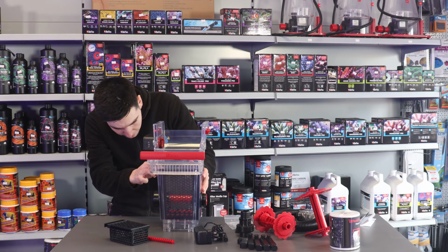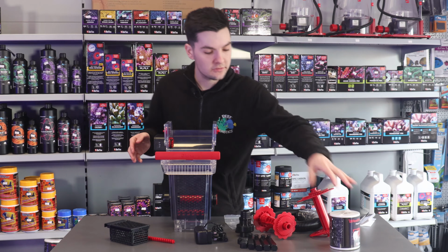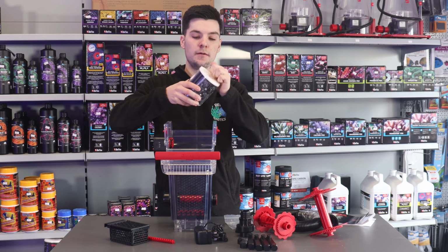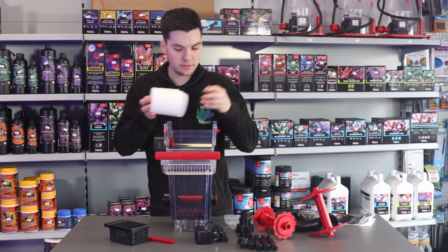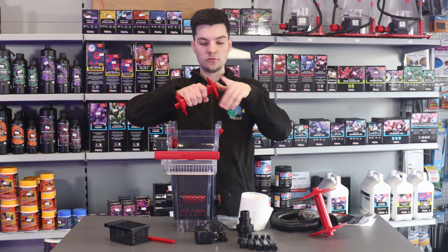And then we just pull it back into position. Now we've got that on there, it's time to put the roll on. So let's open it up. Just come with a little plastic film over it. So now we've got our roll open, we need to grab the dispenser, unscrew one side